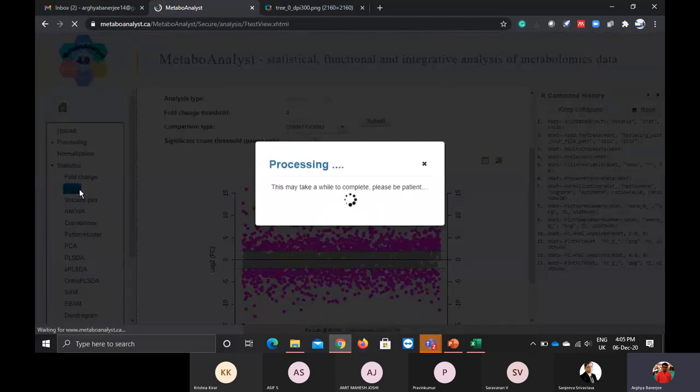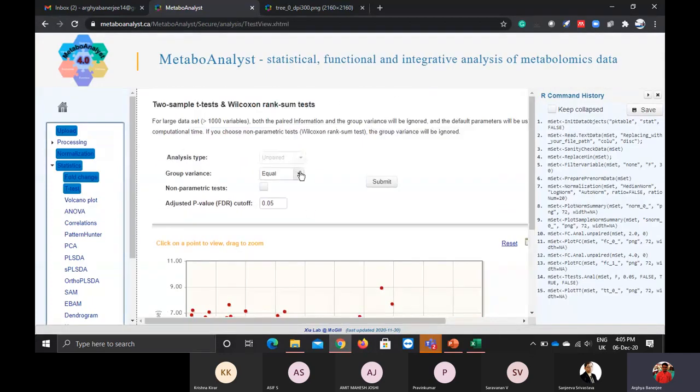Then you go to the t-test. In the t-test, you will do an unequal variance. Why? If you are having 5 groups and 5 groups, you can go for equal group variance. But if some protein is left or the number of individuals is less, you have to go for unequal variance. Now I have selected my adjusted p-value as 0.05.